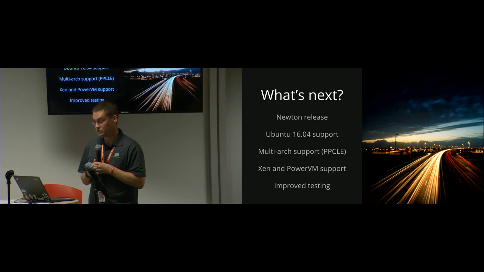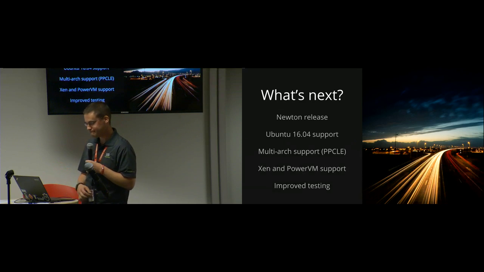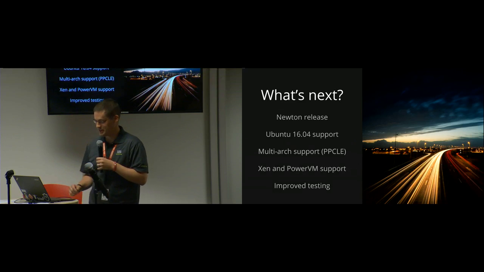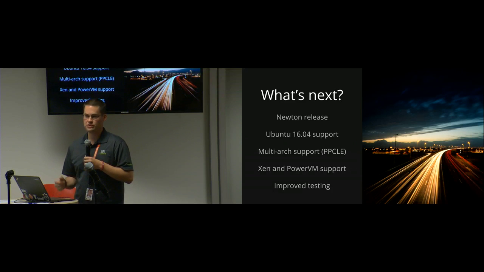Some nice folks from IBM have showed up and done a ton of work on multi-architecture, getting it to where OpenStack-Ansible can deploy on Power machines with PowerVM or PowerKVM. There's also someone working on Xen support. Some of the work on the multi-arch will potentially allow ARM to be deployed. So potentially we could do OpenStack-Ansible on Raspberry Pis, which would kind of be a cool talk. Maybe. It's a novelty item, I guess. And then, of course, improved testing. We want the testing to be even better, so we want to be even more confident that the testing is good.